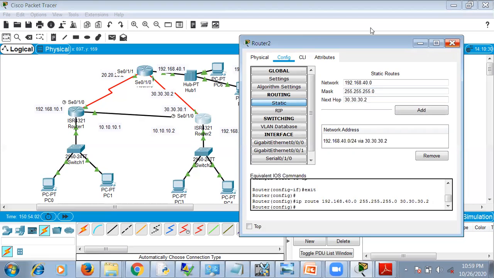Now just for example purpose, I'm just setting for the third LAN. If you want to connect to all the other routes, then you have to add this LAN address also, and this LAN address you have to add as 10.1. So just for now, I'm just connecting just one hop address to make sure PC0 sends the message to PC6.